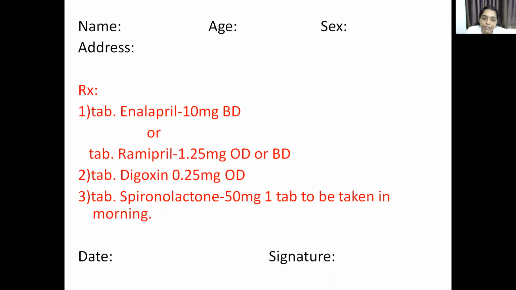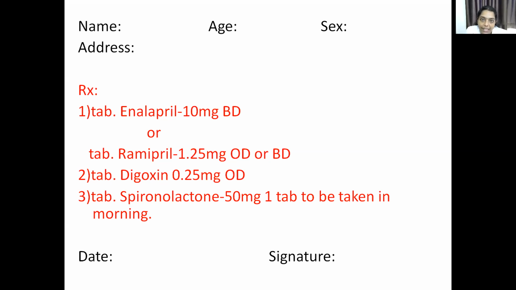Then one more reason why spironolactone should be combined with ACE inhibitors is, see, ACE inhibitors are preventing the conversion of angiotensin 1 to 2. So angiotensin 2 is decreased, and so is the secretion of aldosterone, because it is a stimulus for secretion of aldosterone. See, the aldosterone which is circulating in the body is not only because of stimulus from angiotensin 2, there are other sources of aldosterone which is being secreted in the body.